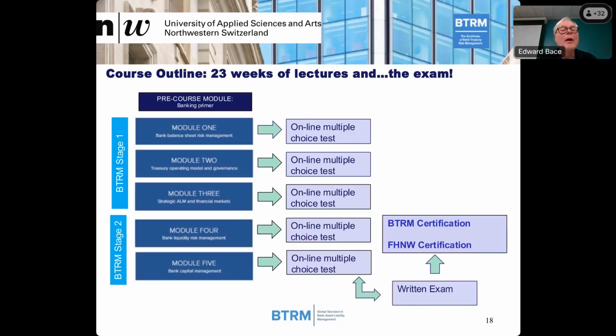Okay, thanks. And then following on from that, looking very importantly at the Treasury operating model, which again might be something that easily could be taken for granted, but is very important for proper functioning of the Treasury within the bank and the governance associated with that. Each of these, of course, is followed by your online multiple choice test in order to embed